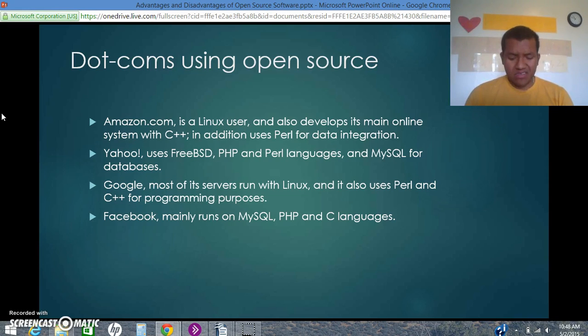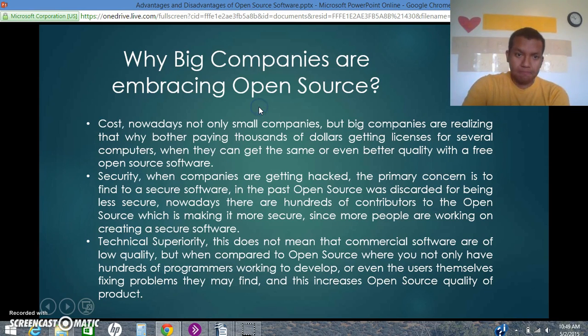It's also used by Apple OS and iOS. And Yahoo also uses Perl and MySQL for databases, which are all free to the public. Google, most of its servers run with Linux, and it also uses Perl and C++ for programming purposes. And we have Facebook, which mainly runs with MySQL, PHP, and C++, and C languages, sorry.